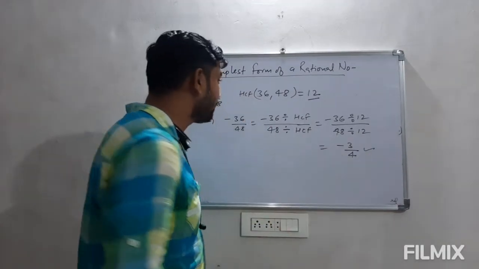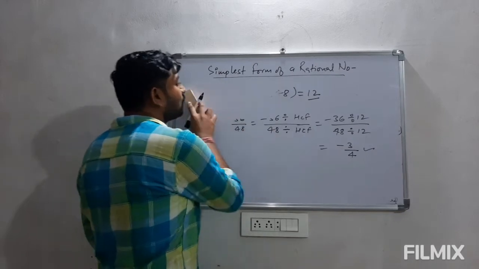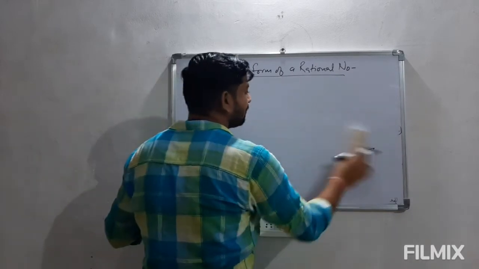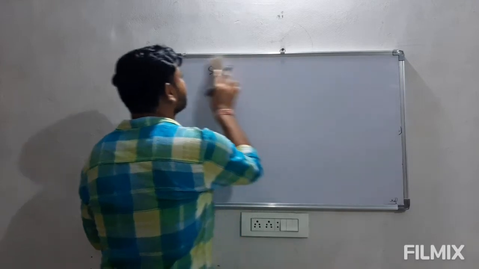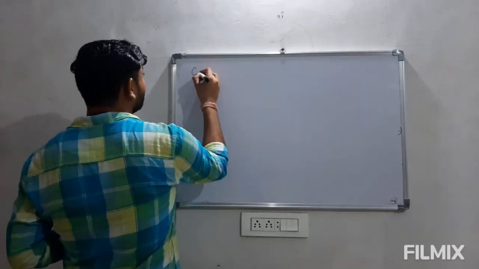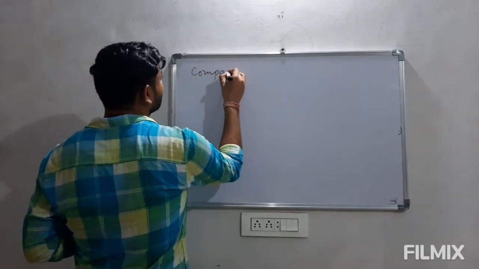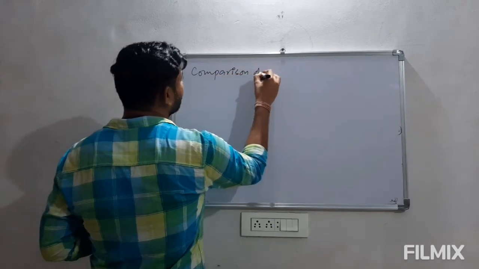So this is how we go through this. So this is about the simplest form of a rational number. Our next topic is comparison. Comparison of